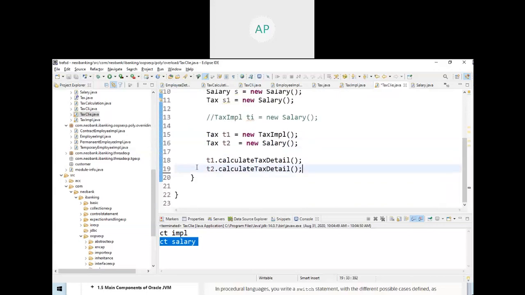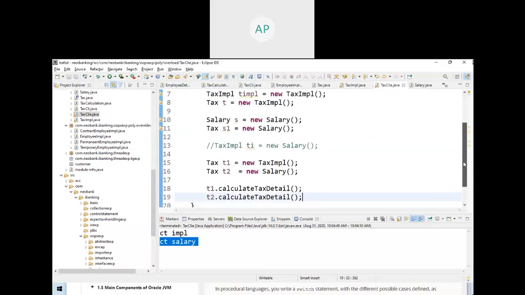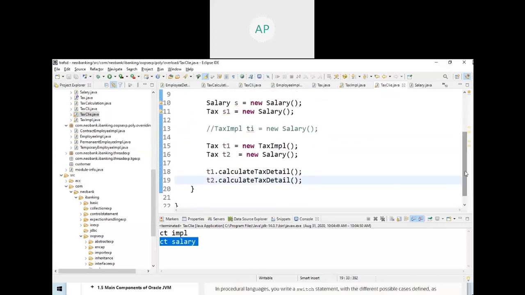If you see this, there are a lot of websites available. Go and read all the websites and you will get the concept. They may not explain the way I explained. Maybe you also find this a little bit difficult, but only when you listen can you see that there is something, and then you can put in your effort. So that is the main idea of this video in my training, where you get some real-time implementation concepts. Okay, thanks for your time.